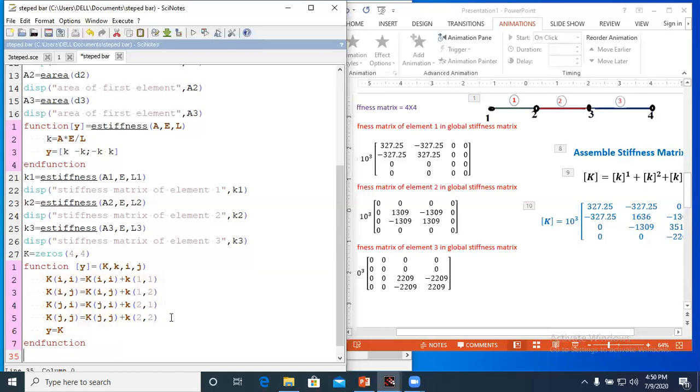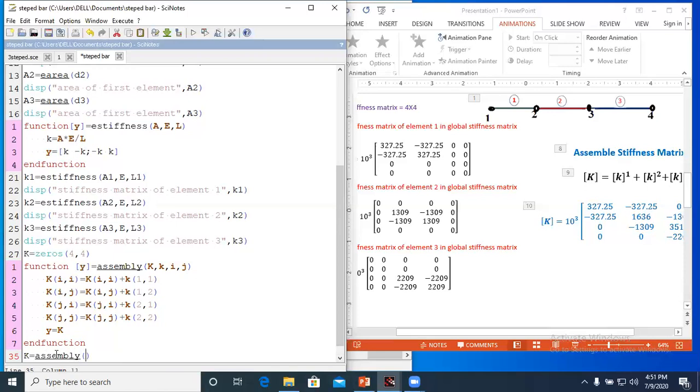Now I will call this function. You can see here how I can call. Now I will write K equal to, directly, because we want to replace this zero K. K is equal to assembly. Here I have not given the name, I have to give the name for this function, assembly.